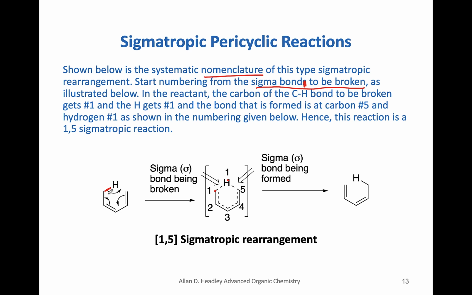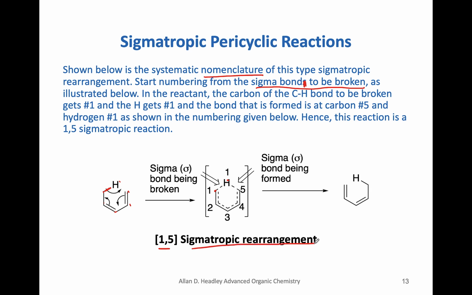Next, we start numbering to go to the bond that will be formed. So we go 1, 2, 3, 4, 5, and 1, 5. So these are the bonds that will be formed. So here is a representation here. This is the bond that's being broken, and this is the bond that's being formed. So we call this a 1,5